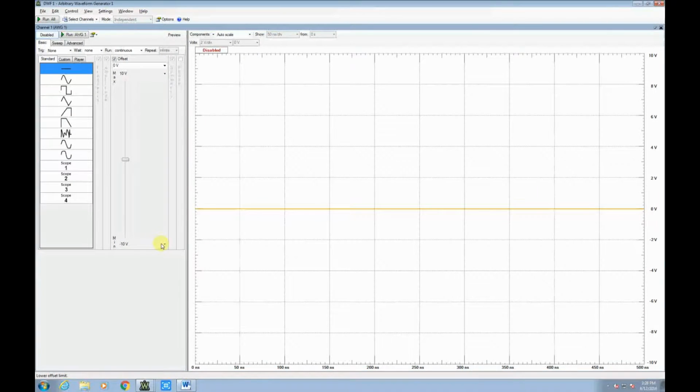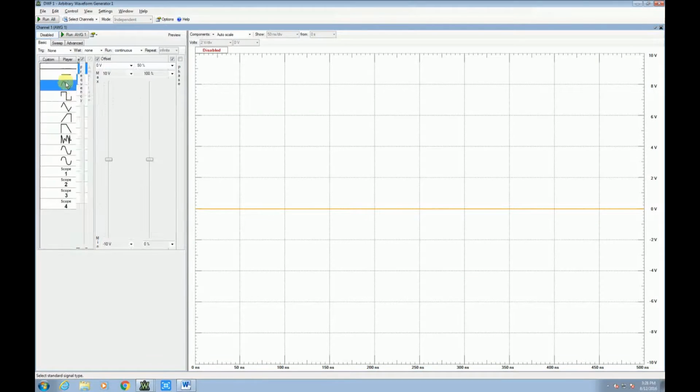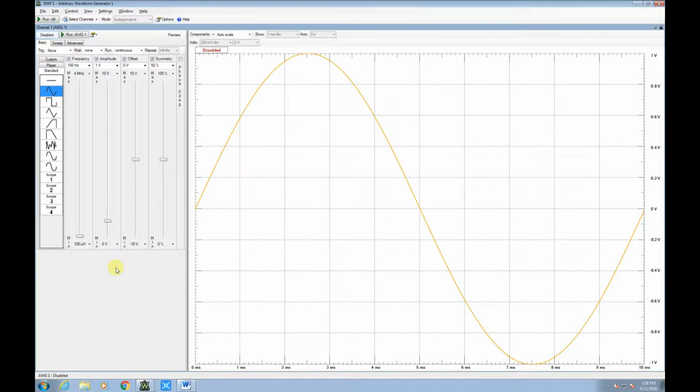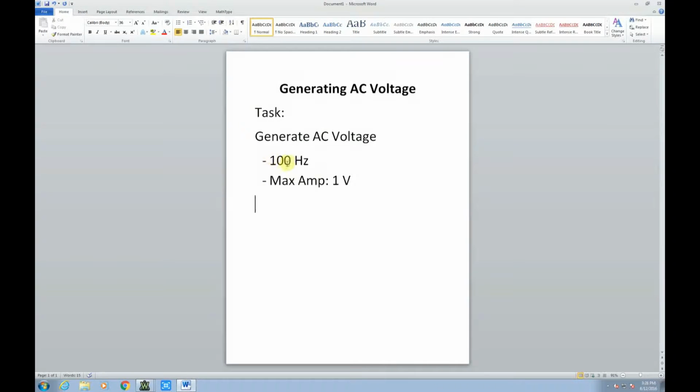Previously we have used the DC output, but we will be using the sine as well as the square output today. Click the sine output and we can change whatever frequency, amplitude, offset, and symmetry that we want. Make sure to play with these on your own time as they do change how the output looks like. But for today, the task at hand says that we need to generate AC voltage with 100 Hertz and with